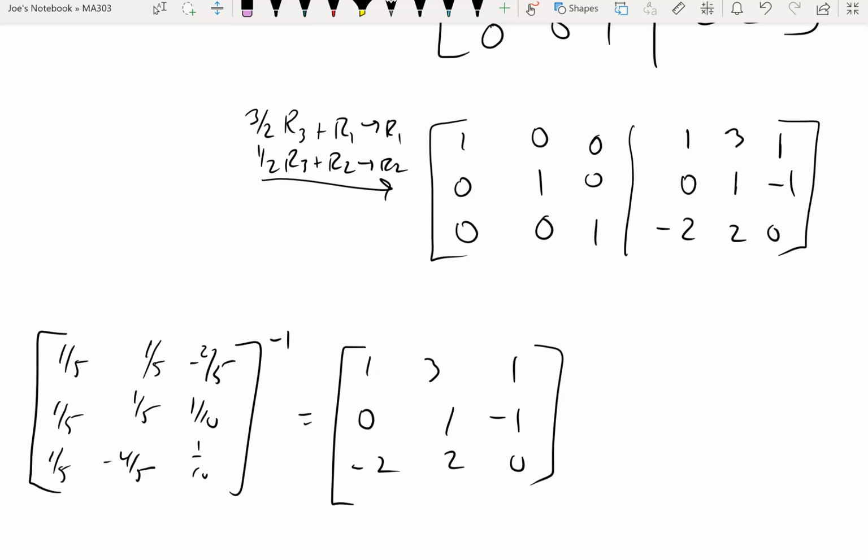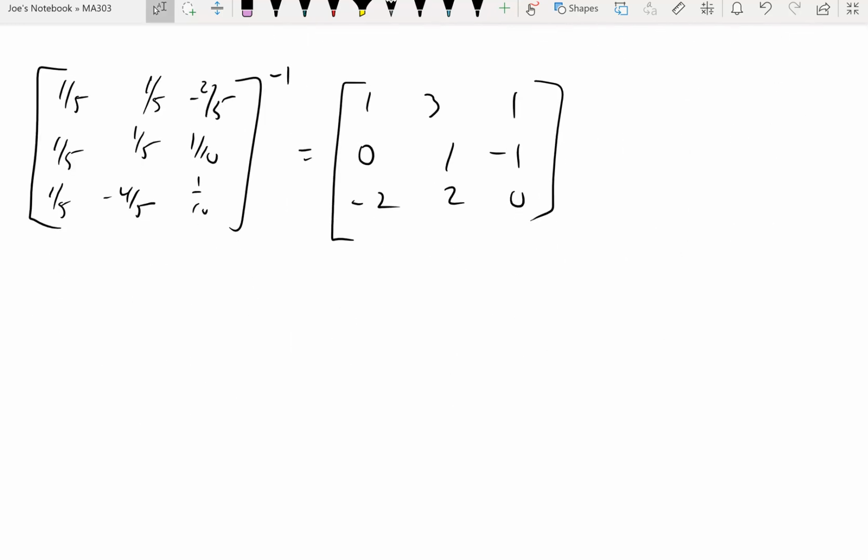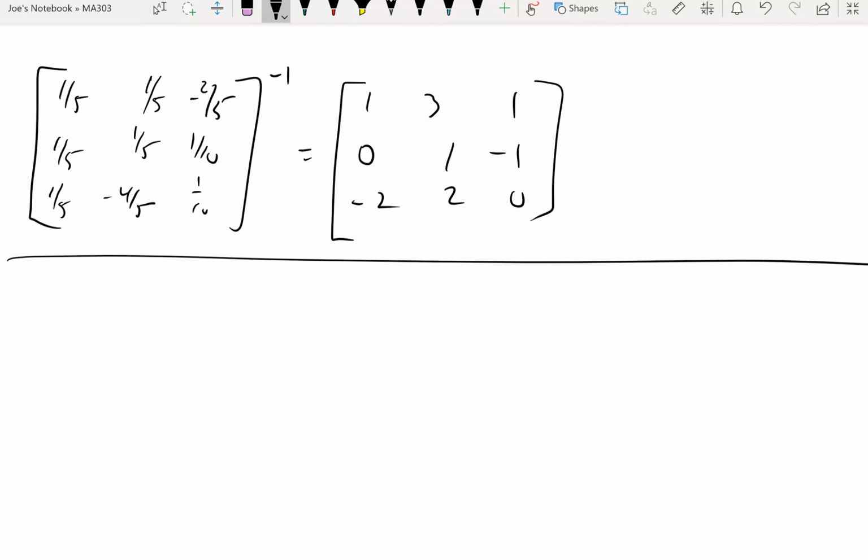All right, well, let's talk a little bit more about stuff in section 1.6. We've been kind of doing them both together. The main result for 1.6 was the long-winded theorem that we did last time. But part of that was the idea that if you've got an invertible matrix, then it doesn't matter what you put on the right-hand side for your matrix equation, you can always solve it, right? Because you always multiply both sides by A inverse. So some of the questions that you see in the homework after this section ask you things like,